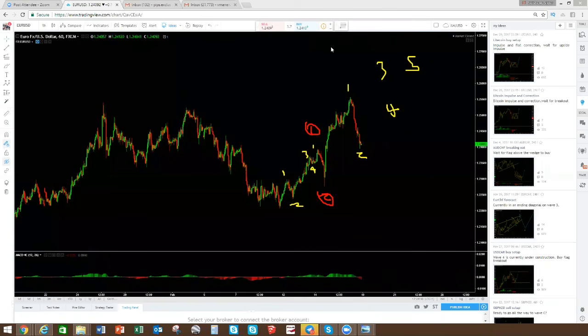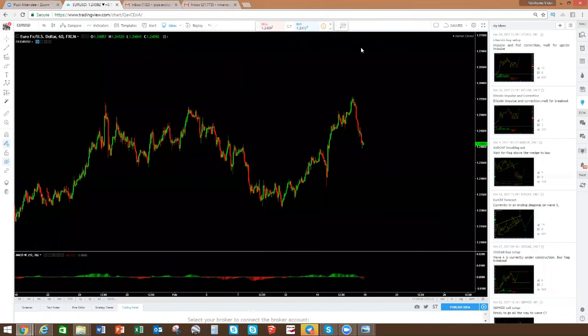And then you get your higher wave degree. This is what we're forecasting: a 3, a bigger 4, and then a 5, completing that move. Then Euro US dollar will be done. But there's just